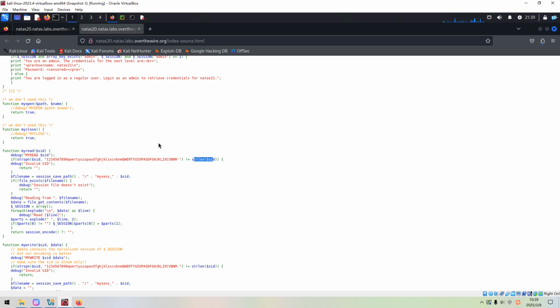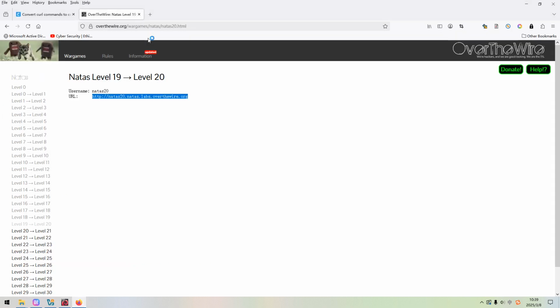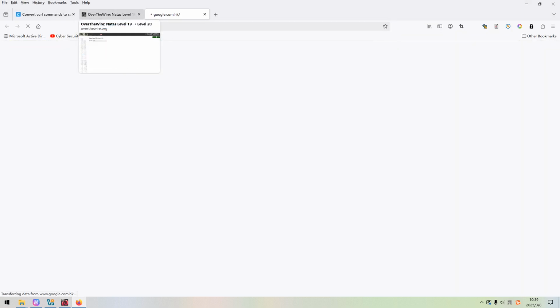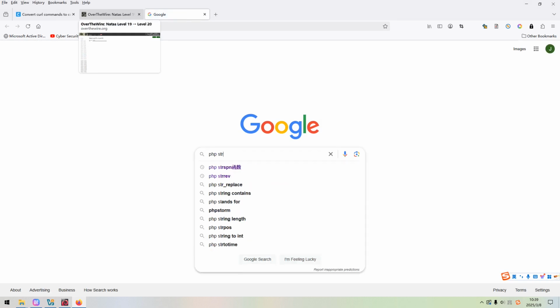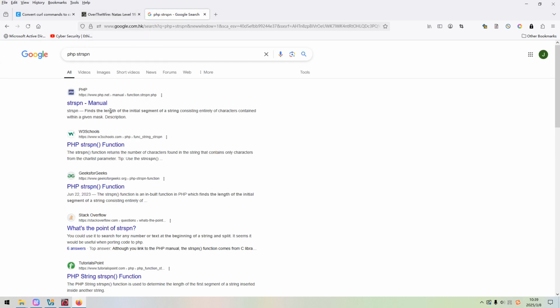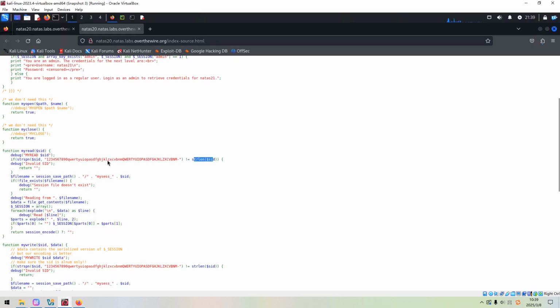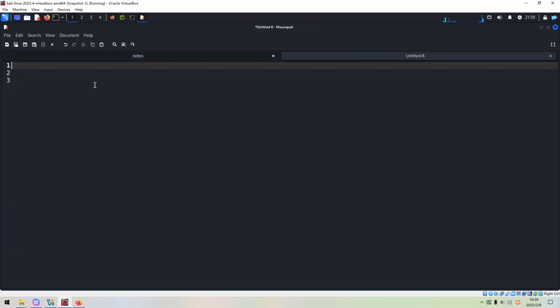If you want, you can go to Google to do some research on the PHP strspn function. It finds the length of the initial segment of a string consisting entirely of characters contained within a given mask. For example, here the SID,